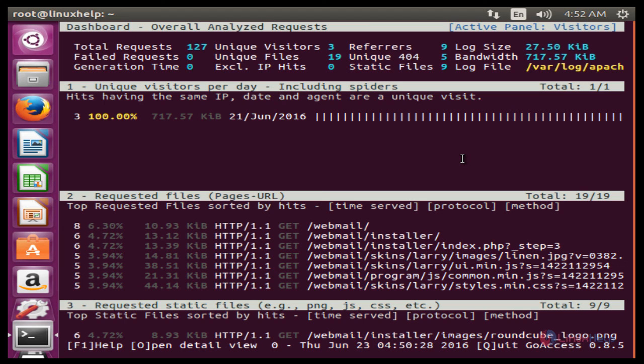Here we have a lot of option keys to use. The keys are J, K, G, F5, F1, Q. Here J is used to scroll down, K is used to scroll back up, the S key is used for the active module, and Q is used to exit. G is used to scroll to the last item. F5 is used to refresh. F1 is used to see the helpful information. The Tab key is used to move your progress from one module to the next. Now press Q to exit.